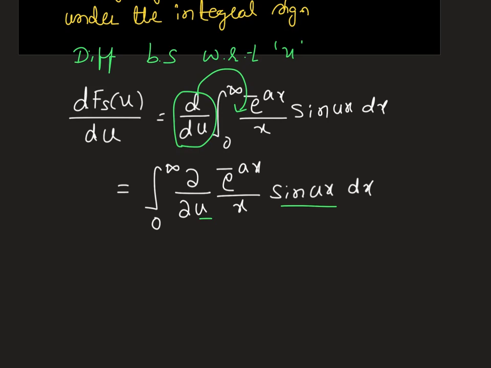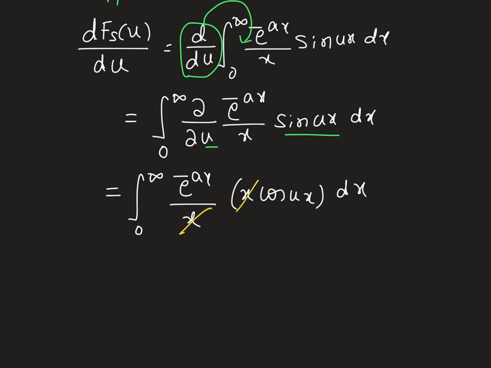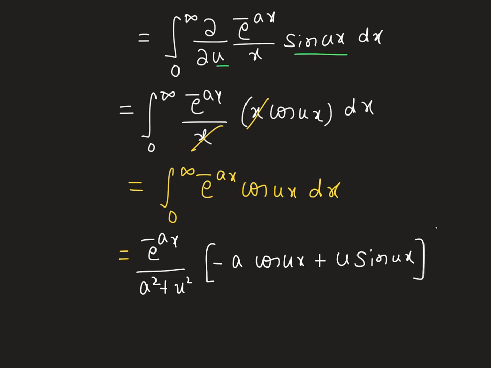Remaining all are treated as constants. So integral 0 to infinity, I keep e power minus ax by x, treating it as a constant here when you are differentiating with respect to u partially. And differentiation of sine ux with respect to u will be cos ux into differentiation of ux with respect to u, which gives us x, then dx. Now see, this x gets cancelled, our integrand becomes simple. We have now integral 0 to infinity e power minus ax cos ux dx. Now you can easily integrate this like earlier problems. It gives us e power minus ax by a square plus u square into minus a cos ux plus u sin ux. So applying the limit 0 to infinity,